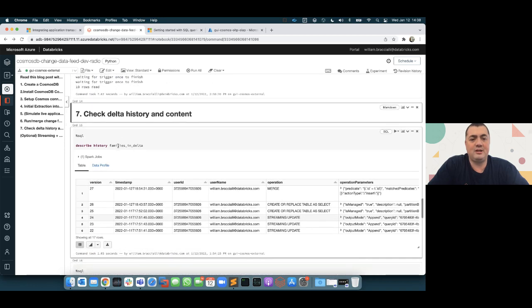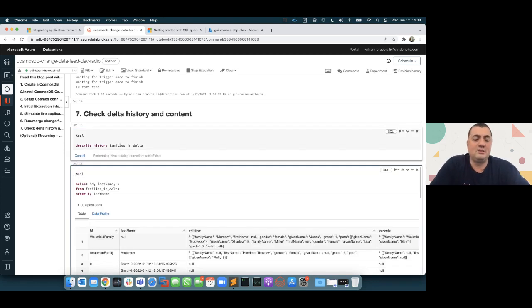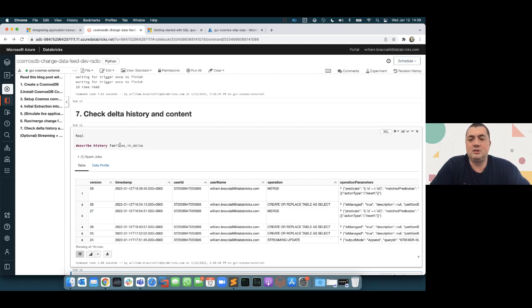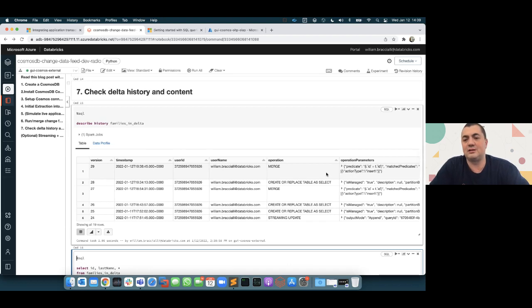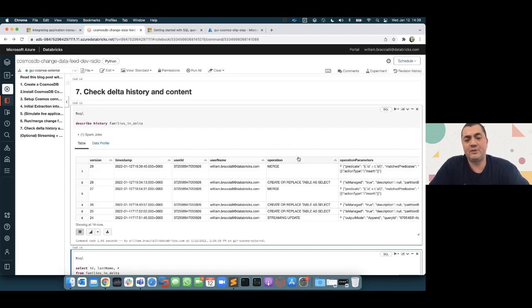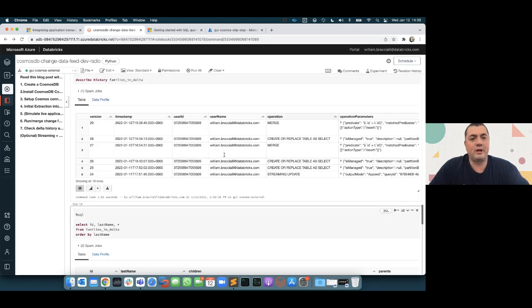And like I said, the families data set is a Delta table. And as part of the Delta table format, we have this idea of ACID transactions. And every single operation, or every single transaction that happened in this table, it's registered here. So we can see that a few minutes ago, we did the initial extraction, then we recreated and replaced the table. And now a few seconds ago, we did this merge where we executed those changes that existed in the Cosmos DB. And again, if we run the same query again that we executed above, where we had only 2 families